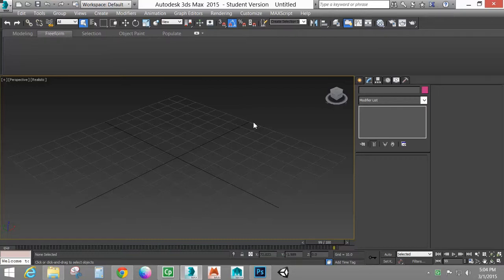Today we're going to be looking at simulating cloth, or simulating different types of fabrics and things of that nature. In a previous video I had done creating cloth using Garment Maker and doing some quick simulation with that, and just kind of showing how that works. So what I'm going to do is just a very simple